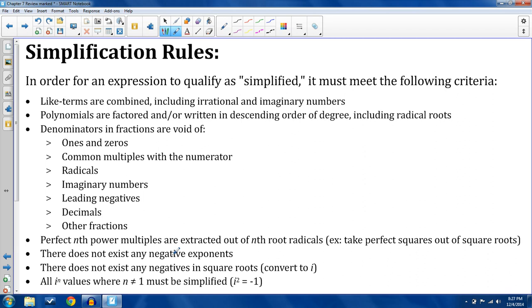There does not exist any negative exponents. Make sure all your exponents are positive. There does not exist any negatives in square roots. Please convert to imaginary numbers, if so. And all i to the n values